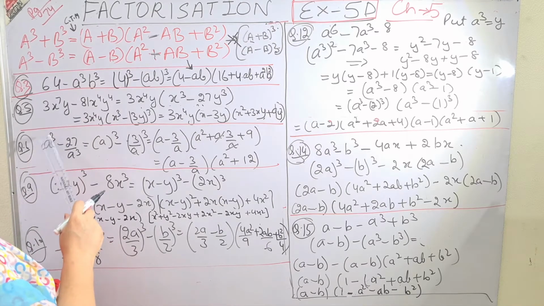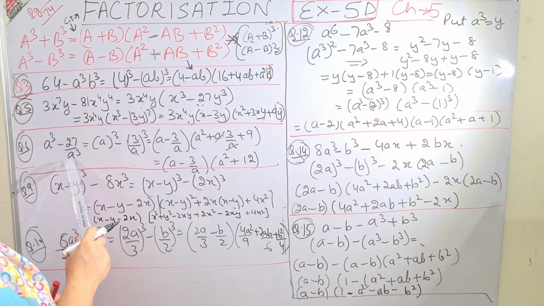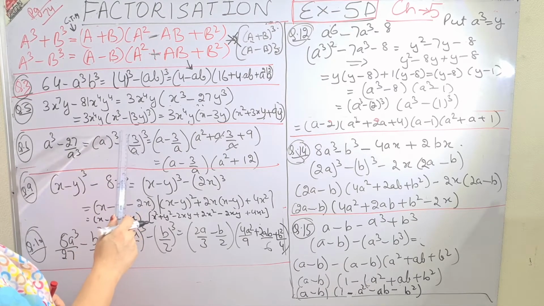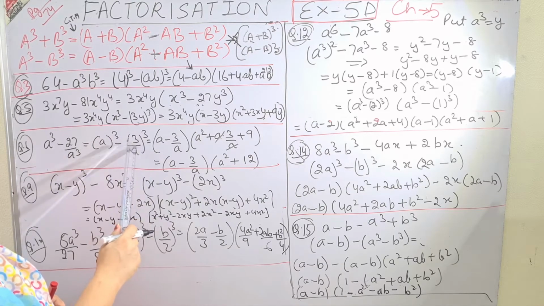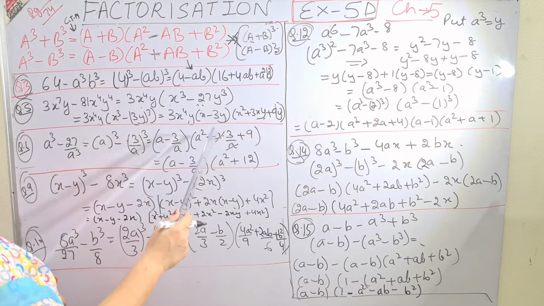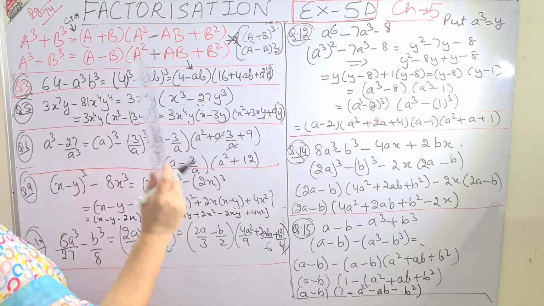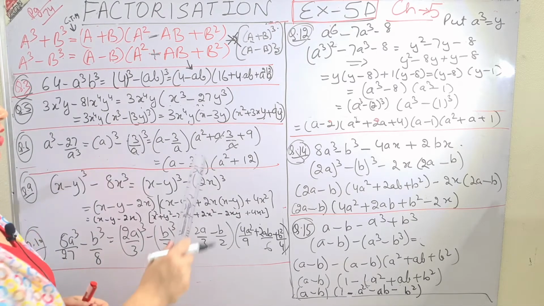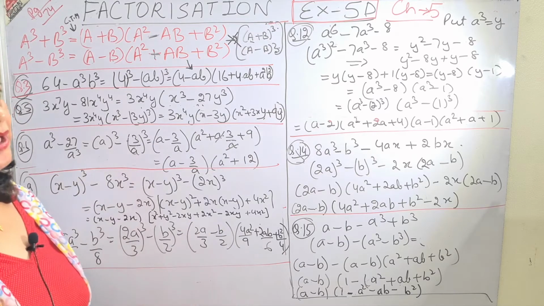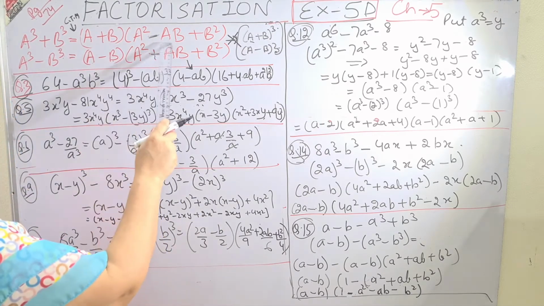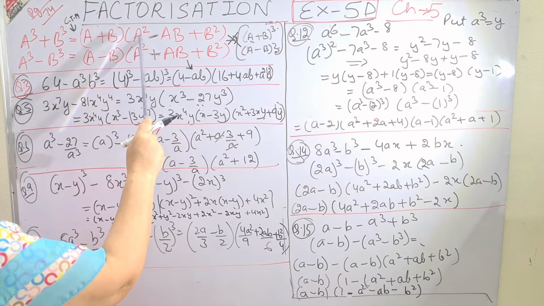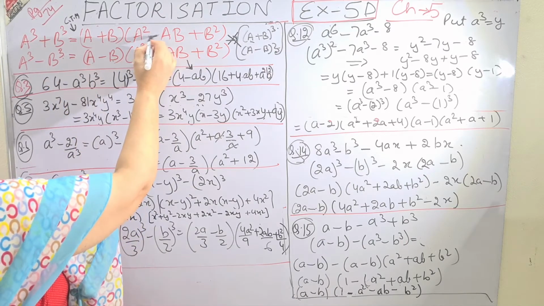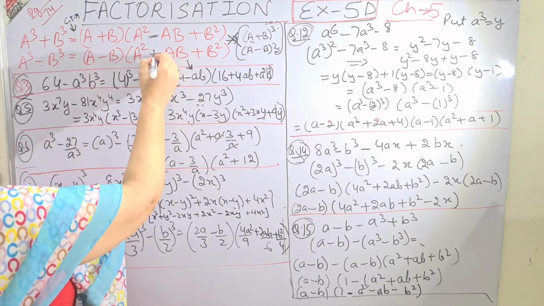Then again question number 6: A whole cube minus 27 upon A cube. So I have again written it as a whole cube: A whole cube minus (3 upon A) whole cube. Whole cube means in the bracket. So A minus B: first term minus second term, times first term square plus first term into second term plus second term square. Till now you were doing (A plus B) whole square, where your mixed term was always multiplied by 2. But you can see the difference: in this formula the mixed term is just the product of first term and second term. Just the difference of sign. Remember that if it is plus, the product term will be minus. If it is minus, the product term will be plus.